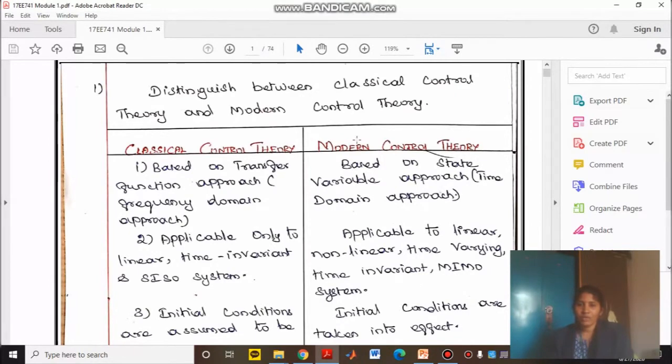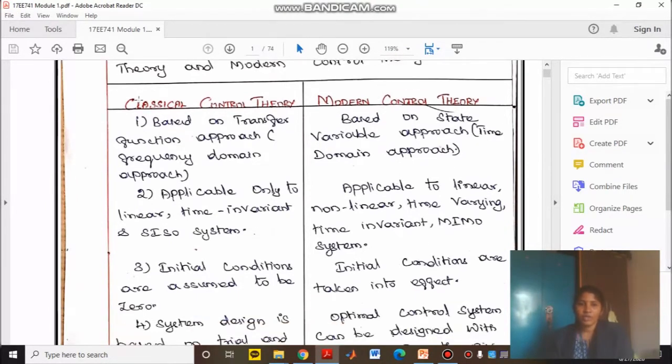And moreover, in modern control theory, it is very easy to analyze higher order systems. In classical control theory, the initial conditions are assumed to be 0. Though we connect components like capacitor and inductor in the circuit, the initial condition is assumed to be 0. Therefore, the initial charge available in the inductor or capacitor is not taken into account for analysis, whereas in modern control theory, we consider the initial